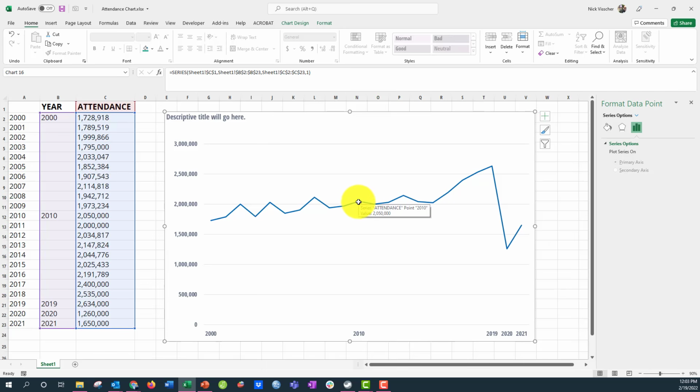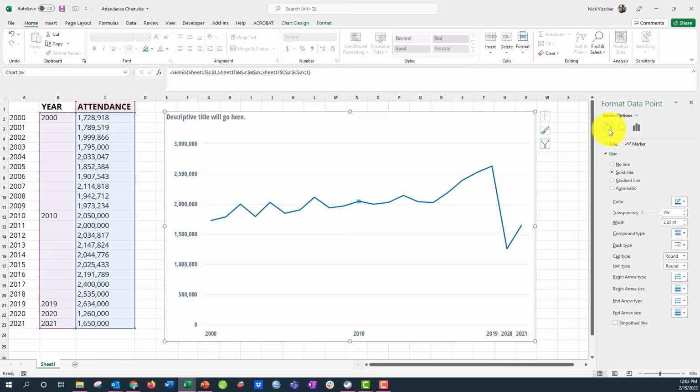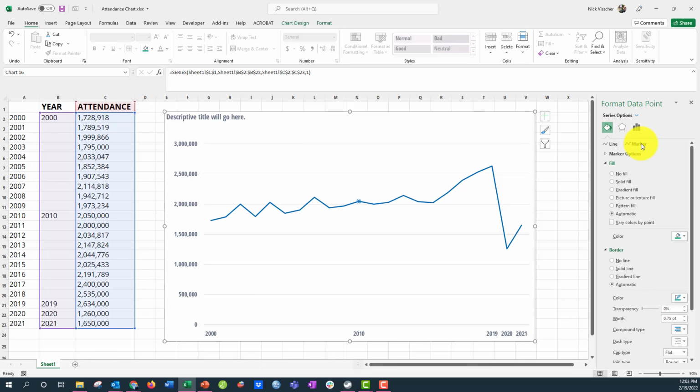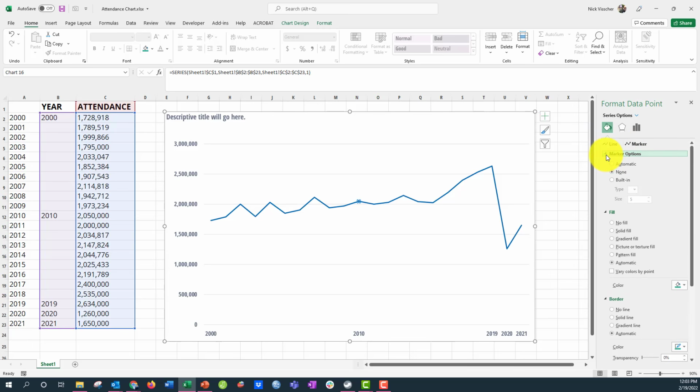If you double click and just highlight so only that marker, that point on the line is selected, go over to the Format Data Point menu, go to the Paint bucket, make sure to click on Marker, and right now we have no markers on the line, but I'm going to create one. So I'm going to click on the marker drop down, click on Built-in, and make sure it's the circle, and then you can update the line or the marker size. So I'm going to go to, let's say, 10 points, and then let's update it to the same fill color,